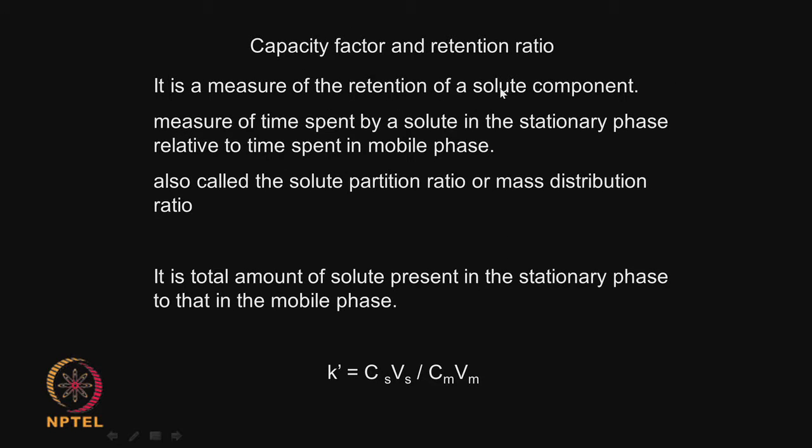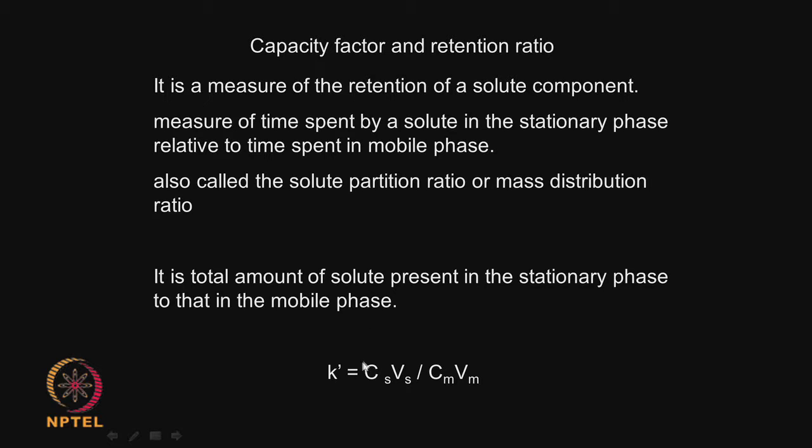So, there is something called capacity factor and retention ratio. Let us look at this. What is the capacity factor? It is a measure of the retention of a solute component, how much of the solute can be taken in that particular column. So, it measures the time spent by a solute in the stationary phase relative to the time spent in the mobile phase. This has something to do with the partition ratio, right, because with mobile phase and stationary phase, if you are looking at ratios, then the partition coefficient also comes into the picture, or it is also called the mass distribution ratio. So, it is the total amount of solute present in the stationary phase to that in the